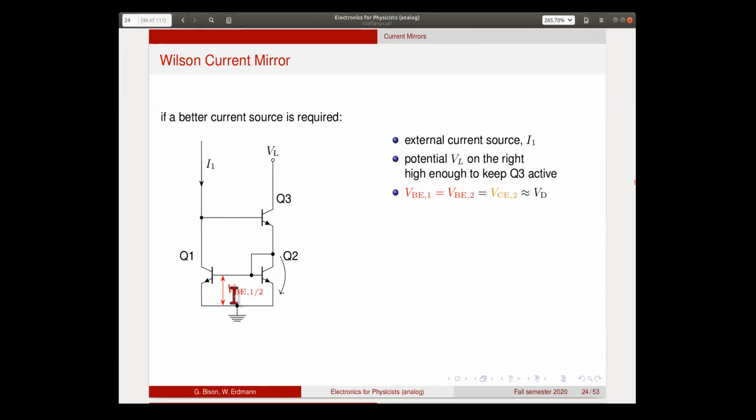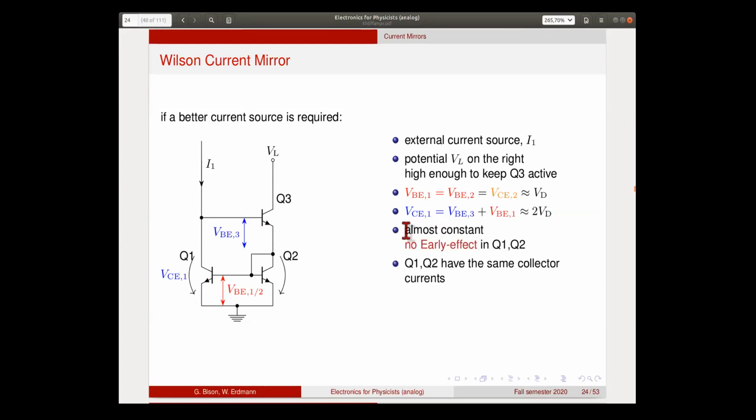But this is now also the collector emitter voltage of this one. And so all these voltages are of the order of a diode voltage, these 0.7 volts. Now, if you look at this point here, which is the base of the third transistor, we know that this cannot be very far from this node. So this one will also be roughly one diode above this potential here. That means that the total collector emitter voltage of this one will be roughly 2 diode drops. Okay,